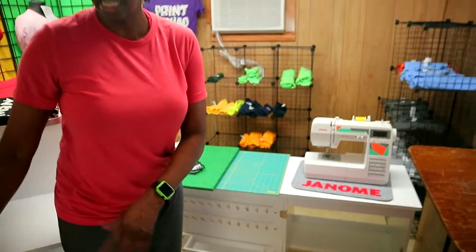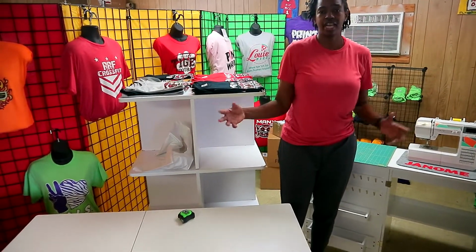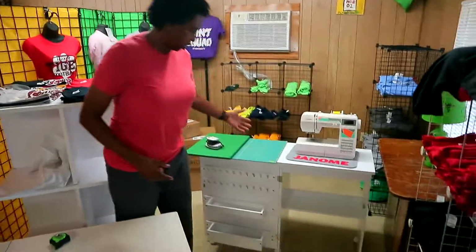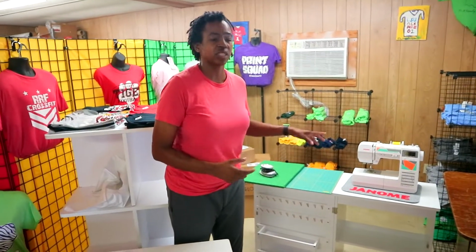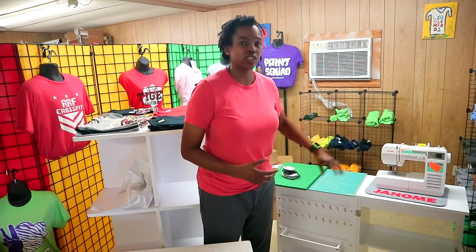Now, this desk, if you do want a bigger area, you may want to go with the Sullivans because it is bigger. I told you guys the measurements, so it is a little bit bigger. And this one right here, it's not as big, but for my home setup, I didn't want it to be that big. That was the exact reason why I got fold away ones, because I have a small area. So when I'm sewing, I can pull it out. When I'm not sewing, it can be hidden away, okay? So right here,